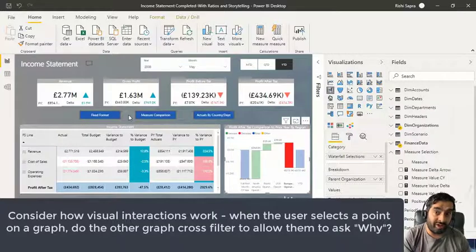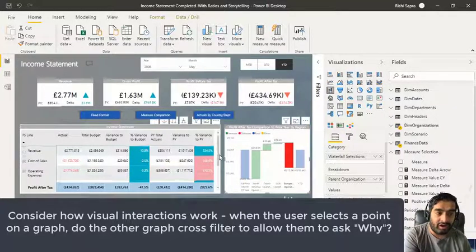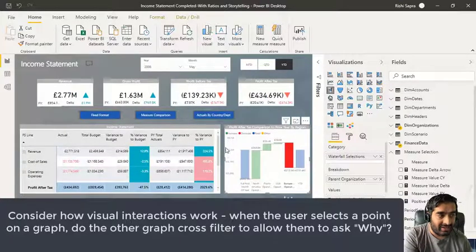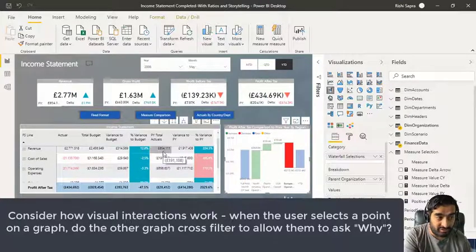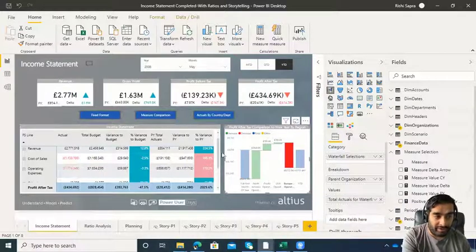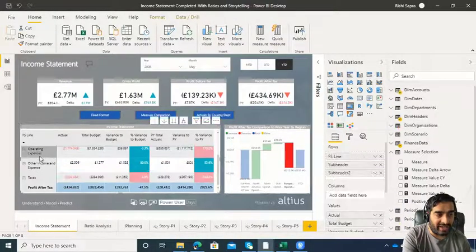So we have a European operation specific income statement where we can see exactly how that profit after tax number has been made up. So is it revenues? And we can compare those to prior year. Is it costs that have gone up? And again, we can compare those to prior years so we can see, and then we can drill down into those individual levels of detail